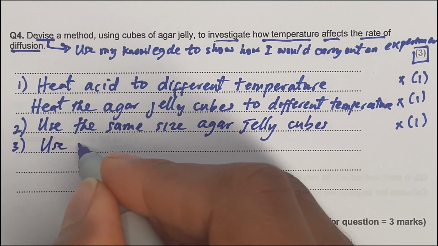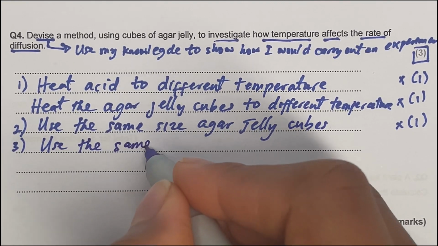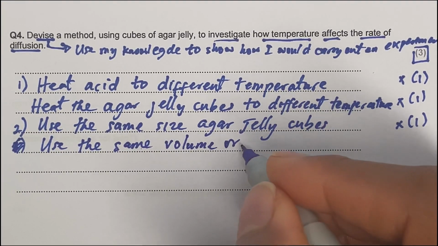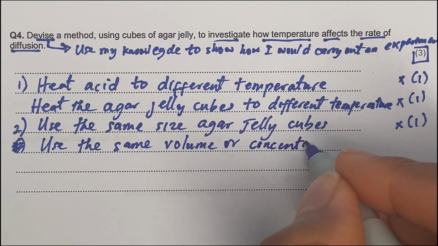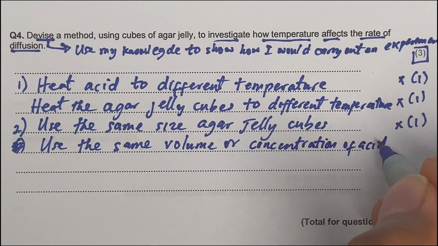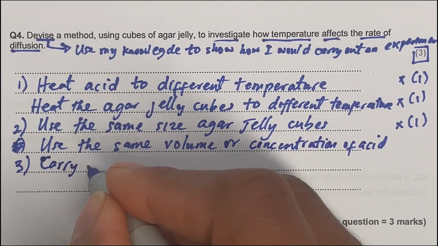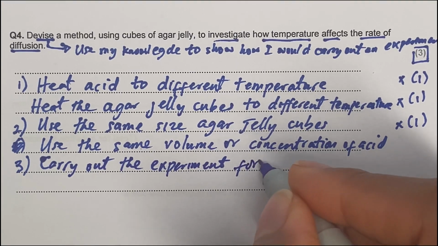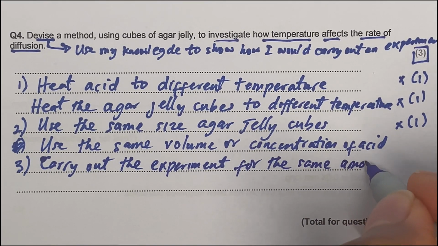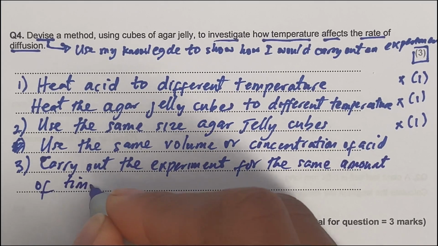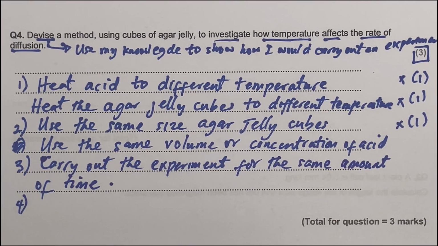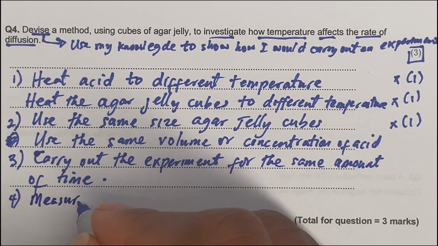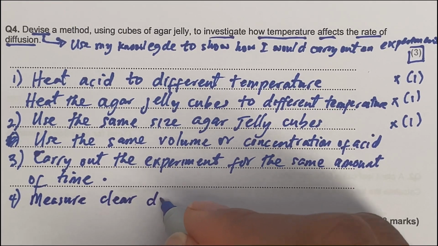Likewise, I need to use the same volume, or this is another the same point, so I can say this or that, the same volume or concentration of acid. My last point would be carry out the experiment for the same amount of time. Lastly, I need to measure something. Okay, I have changed the temperature, I need to measure something. So my last point would be measure clear distance